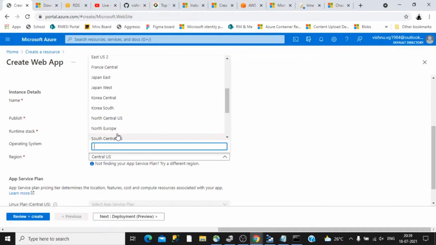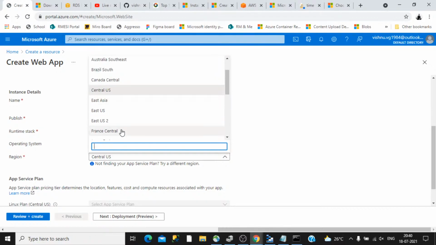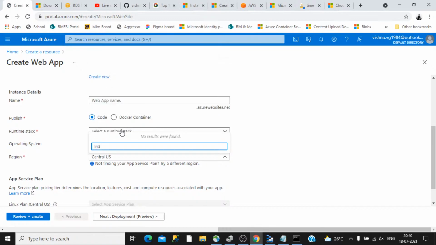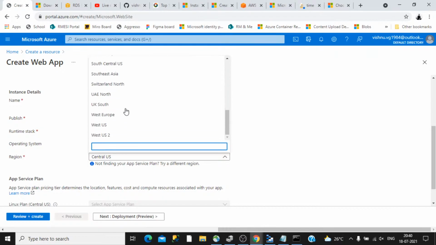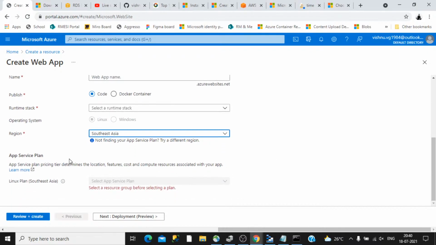If I am going to host my web application, maybe my React application, in a particular location, and I want to choose a location very close to me, because I am in India, I can search for India. Okay, Southeast Asia, that is the nearest thing. So I can choose that. That will ensure that my web application will remain in that particular region.